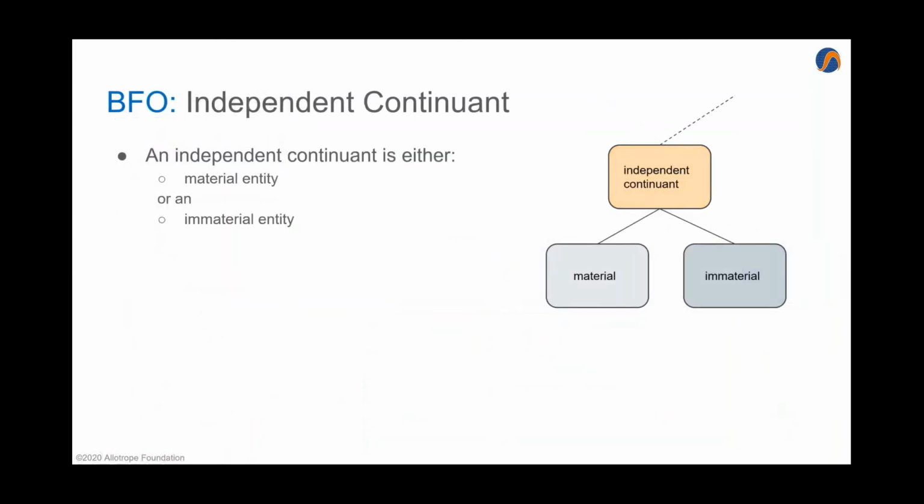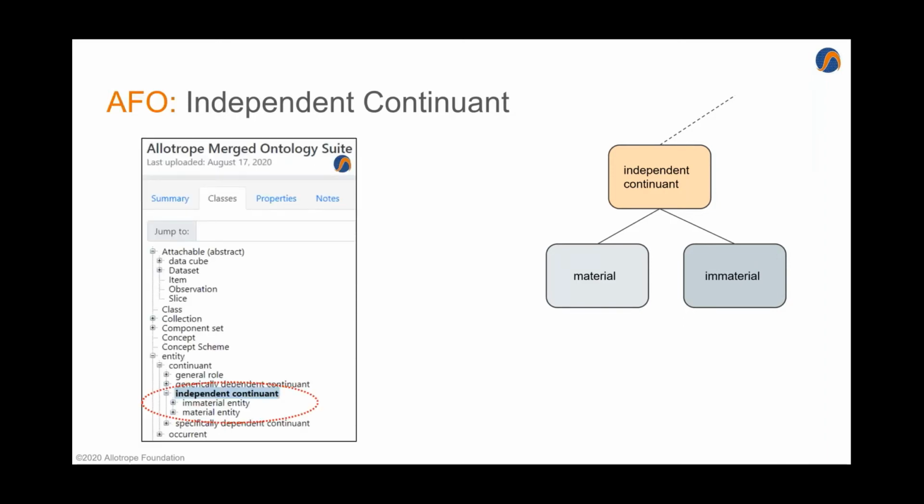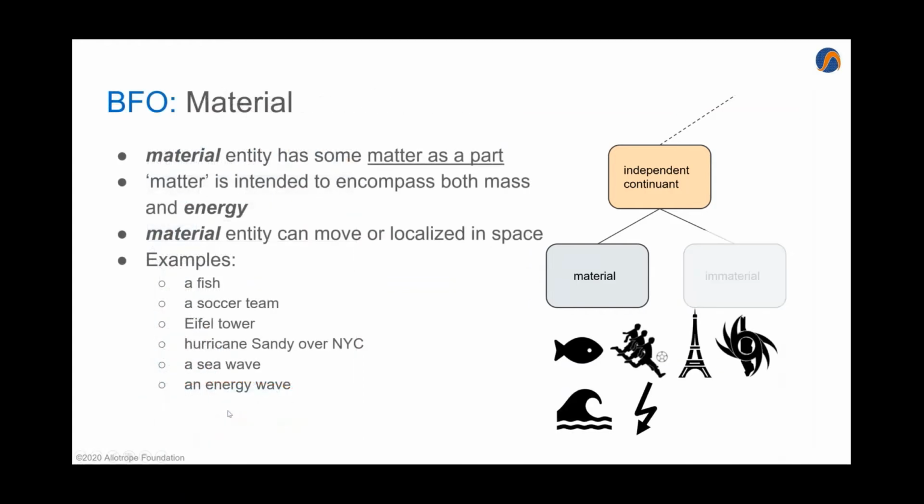And last, let's talk a little bit about independent continuum that can be material entity or immaterial entity. So let's focus on material entity. As you can see, independent continuum is divided into immaterial entity and material entity. So material entity has some matter as a part. Matter is intended to encompass both mass and energy. It includes energy. Material entity can move or localize in space, for example, a fish, a soccer team, a sea wave,